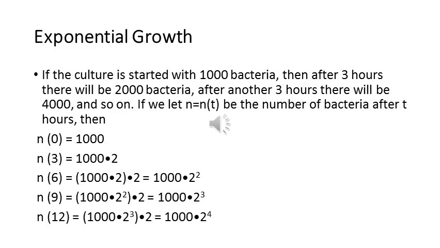So in the equation you can see that at time equal to 0, the starting time, the population is 1000, and after 3 hours it is multiplied by 2, that is 2000 bacteria, and after 6 hours it is again multiplied by 2, that is 2 raised to power 2, and after 9 hours there is another doubling of the population, 2 raised to power 3, and after 12 hours there is another exponent, 2 raised to power 4. So the population increases exponentially with each doubling time, which is 3 hours for this population.